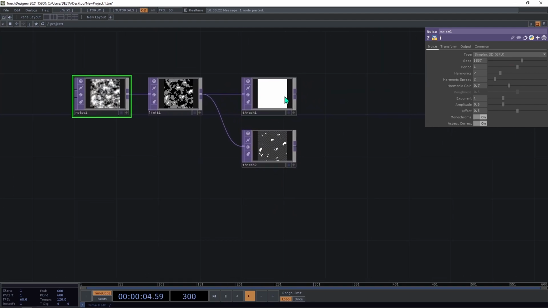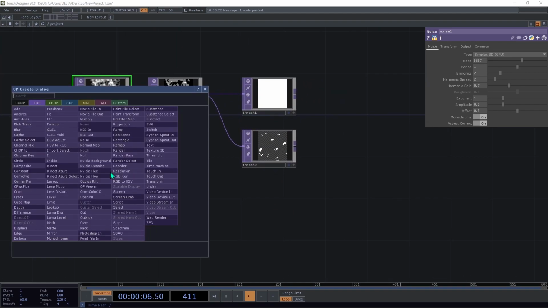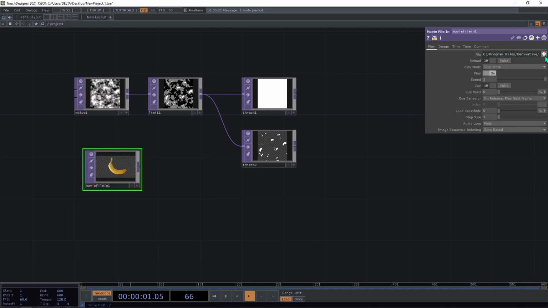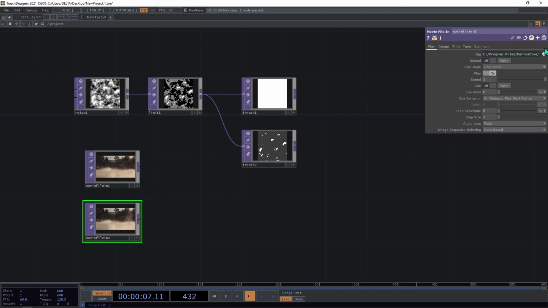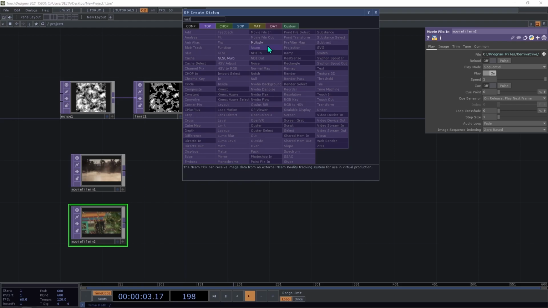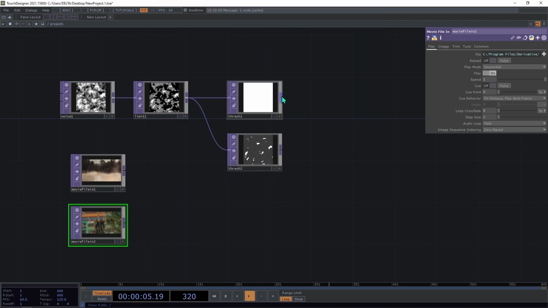So the last step is to multiply each of these by a movie we want. So we use for this the stock movies, and we multiply the first one,